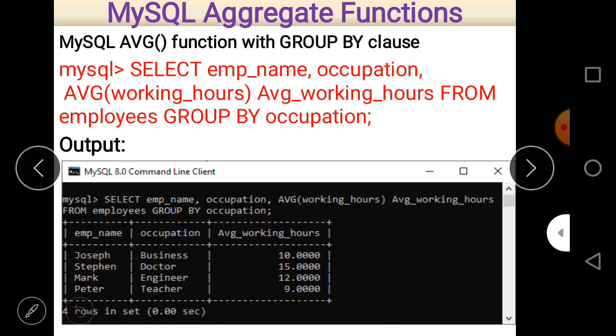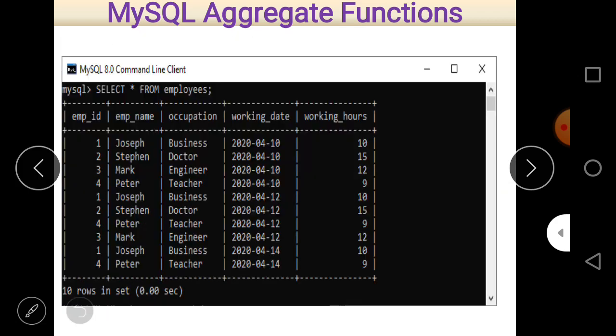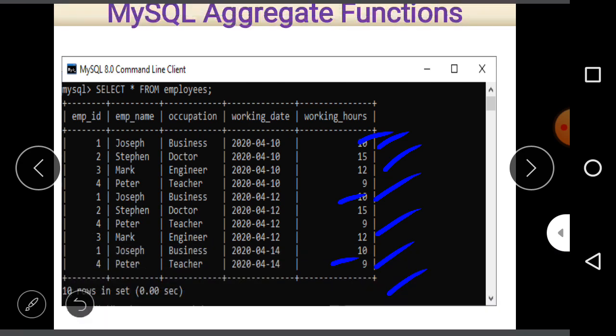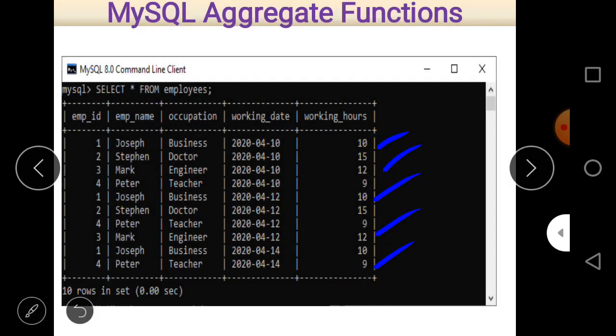So first of all, let us see the original table. This is the original table, and you can see that the working hour is repeated more than one time. 10 appears here, here, and here, and in a similar manner there is a repetition of the value 15 also. 15 appears 2 times, 9 is also there, 9 appears 3 times here, 12 also appears 2 times here, and 10 also appears 1, 2, 3 times here.